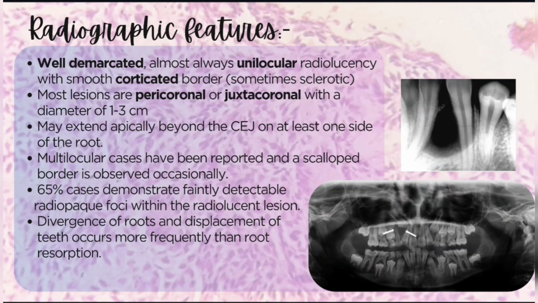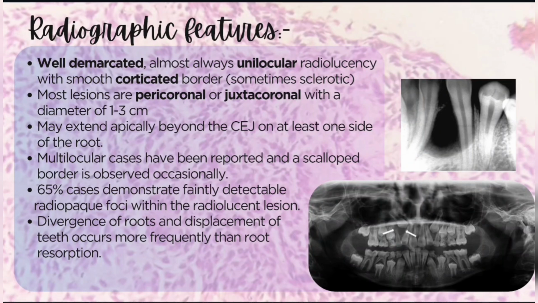In the radiographic features, a well demarcated, almost always unilocular, but it can be multilocular also, radiolucency can be seen with smooth corticated border. Sometimes it can be sclerotic because it is a slow growing tumor, so we can see sclerotic borders. Most lesions are pericoronal or juxtacoronal with diameter of 1 to 3 centimeter. As I've told, most of the lesions are smaller in size, while some can be as big as 7 centimeter,